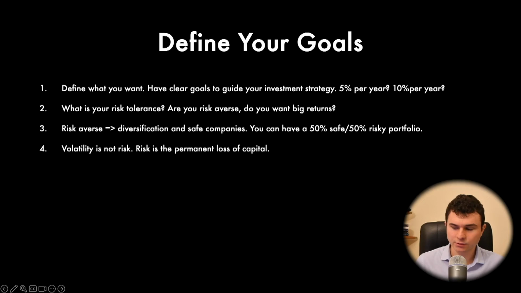What is really important that you understand is that volatility is not risk. Risk is the permanent loss of capital. And volatility is just when a stock goes down and up and way down and way up. And it's okay if you don't buy and don't sell, you just hold the stock. Well, it can go up and down, but at the end of many years, it will be at the same position. It doesn't matter. The risk is if you panic, and if it goes down by 40% you think, okay, I'm out, and that's a permanent loss of capital. Volatility is not risk. Volatility is part of the investing game.